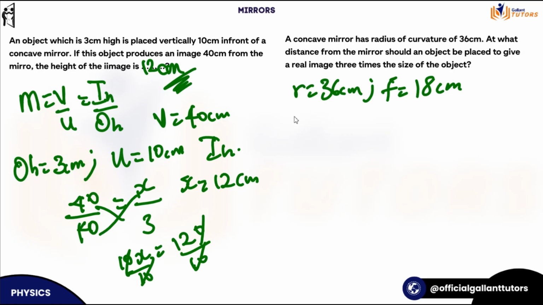3 times. They're talking about magnification here. So whenever you see 3 times all this rubbish, they're talking about what? Magnification. 3 times the size of the what? Object. So m is equal to what? 3. Do you understand that? 3 times. Okay, so